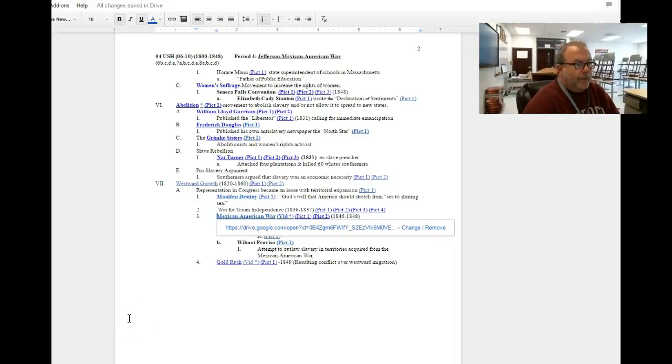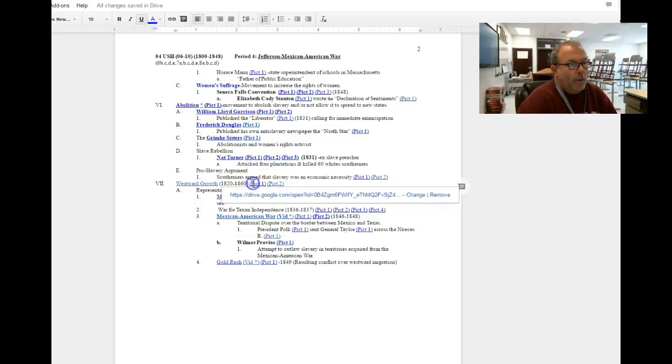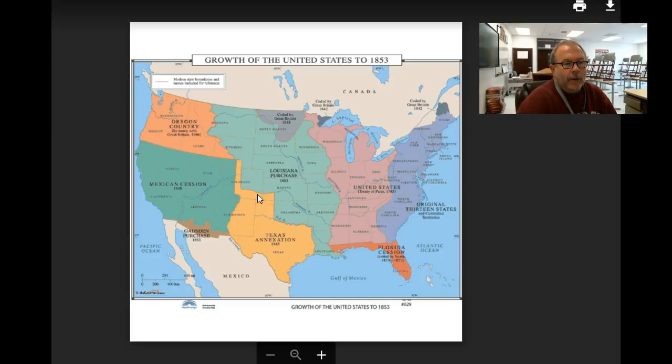Unit 4, Period 4, Section 7 deals with westward growth from the early 1800s up until the Civil War. In this unit, in this period, we're going to talk about land acquisition. And so far in American history, we've talked about the original 13 colonies, shown here on the map in blue, and we've talked about the success of the American colonies in their revolution against Great Britain in 1783, and